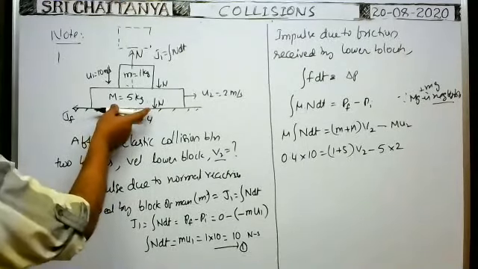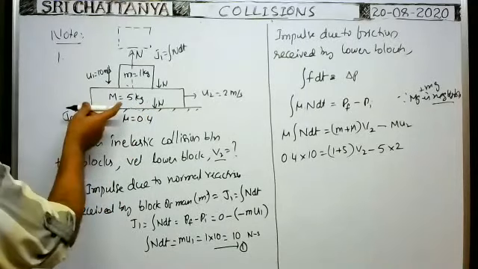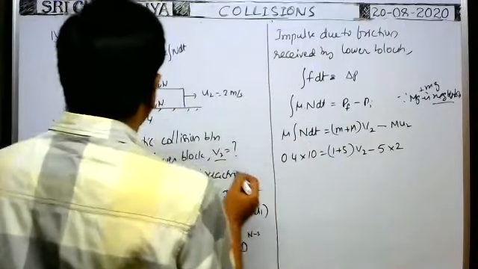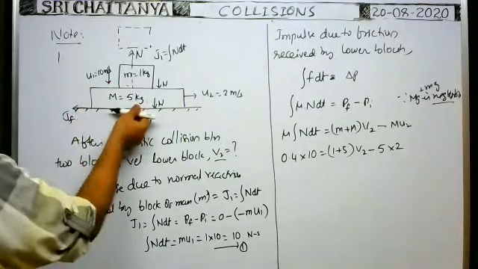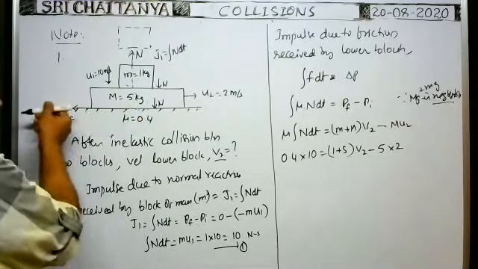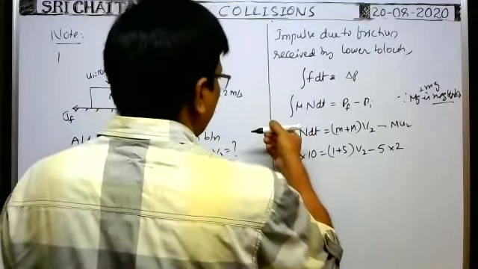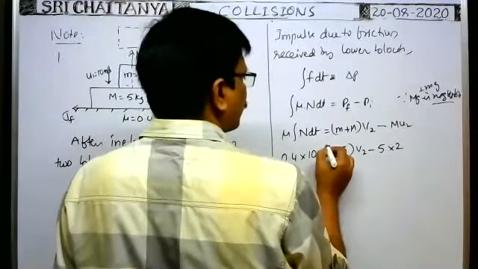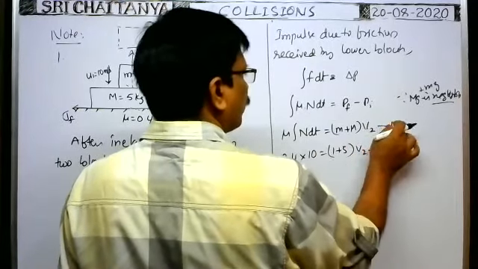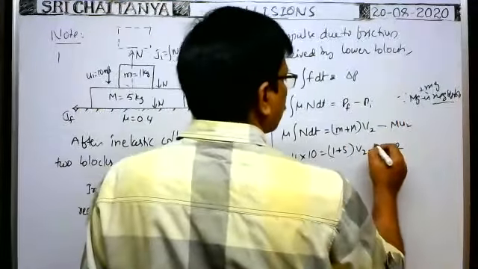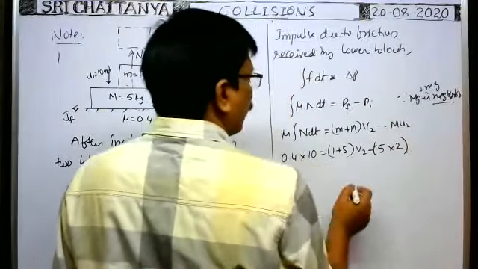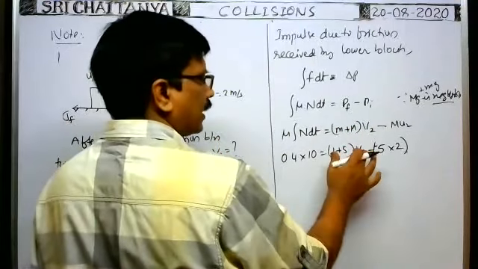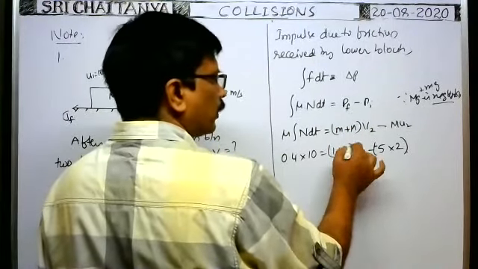Okay, here you see impulse received is in this direction. Impulse due to friction is in this direction, whereas final momentum is in this direction. We have to consider the sign convention also. Impulse received by the lower block is in this direction because friction acts in this direction, but final momentum is in the opposite direction. That's why, while substituting the data, you put minus sign. What about this one? It is also minus. Minus of minus, you will get plus. Because we have to find this v2, and we don't know in which direction that block travels after collision, you should not put any sign convention.